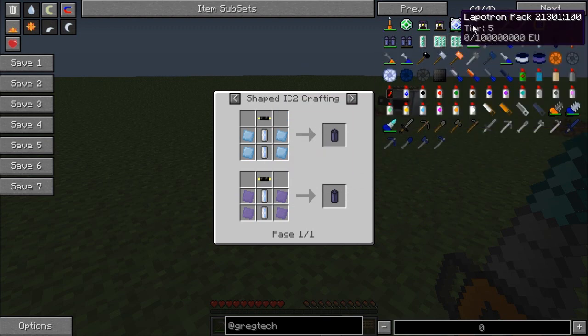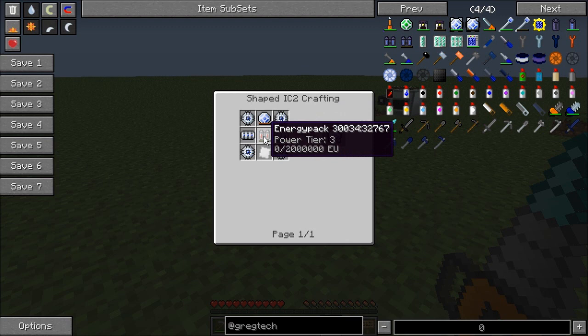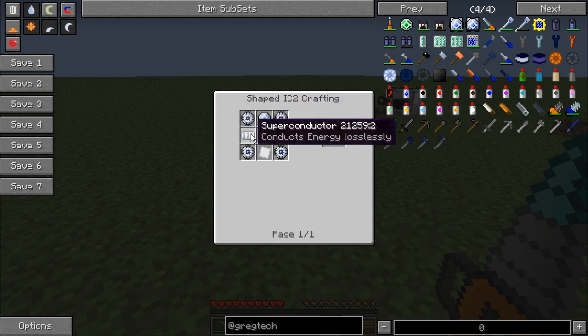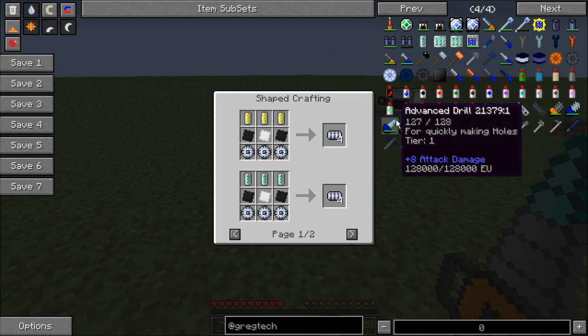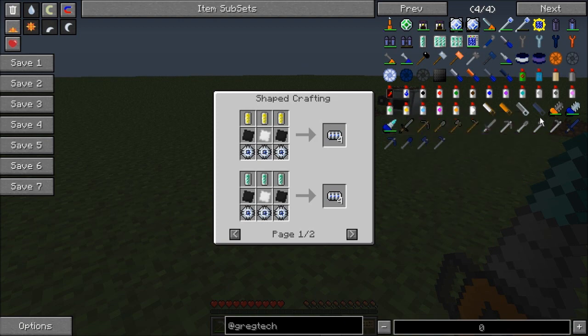It's nice. Then there's a Lapatron pack, which holds a whopping 100 million EU and requires, oh, holy crap, energy packs and iridium reinforced plates and energy flow circuits and Lapatronic energy orbs, and these are just super expensive. Like, you really don't know how expensive these things are until you try creating them in game. But it also adds a new tier of saw, which holds much more power, and it adds a new tier of drill,